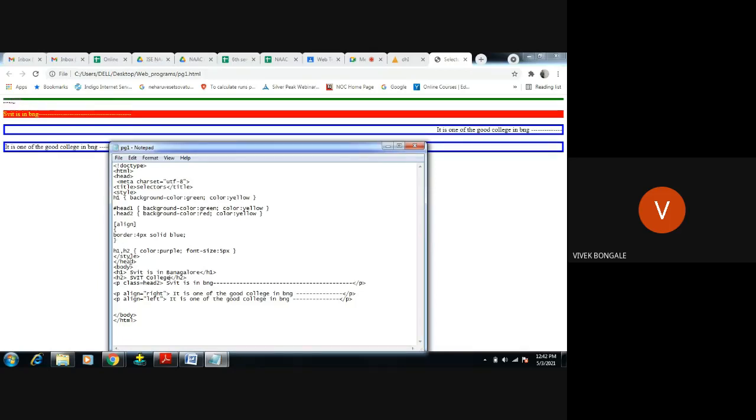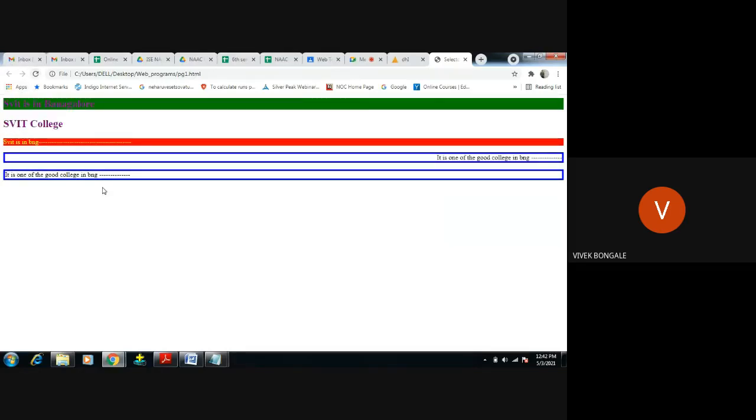Okay, style h1 comma h2, color is purple. Font. Let's check this. We'll just increase this font size to like 25. Okay, Control S. Yes, see, because the font size was very small, that is the reason we were not able to see.